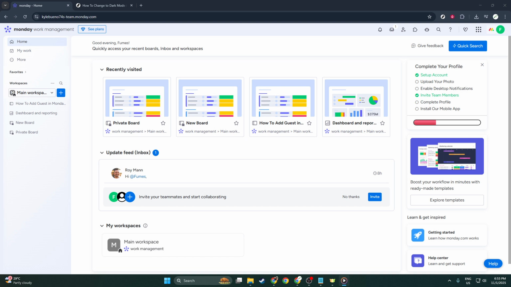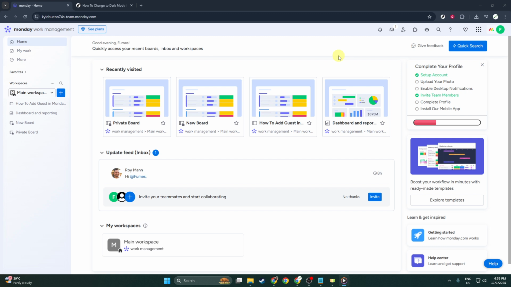First, you'll want to navigate to your Monday.com homepage. Open up your favorite web browser and type in the URL for Monday.com. Once you're on the website, log into your account with your usual credentials. After logging in, you'll find yourself on the homepage, which is your central hub for accessing all features and projects